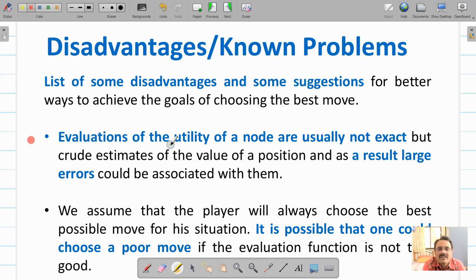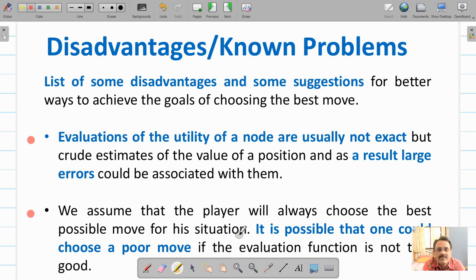Then the disadvantages of this algorithm, or some suggestions that you can improve the functioning or performance of this algorithm. Here the evaluation of utility nodes is not precise. If they are not precise, we are using estimates, so that may result in errors and that may have an effect on the performance of this algorithm. Second, we are assuming that both the players play optimally, but that may not always be the case.